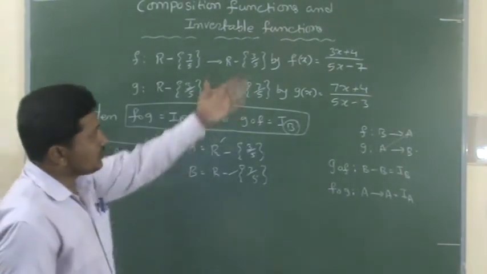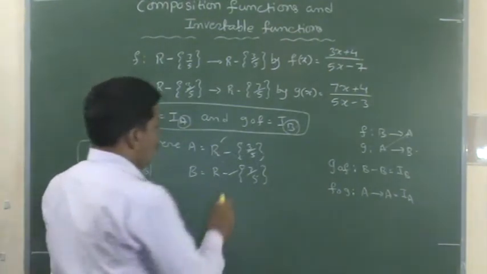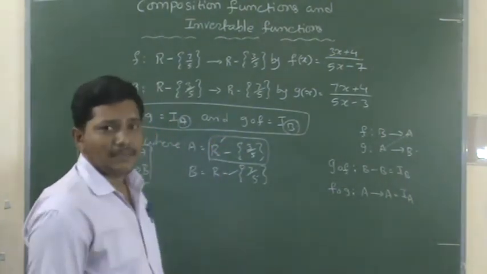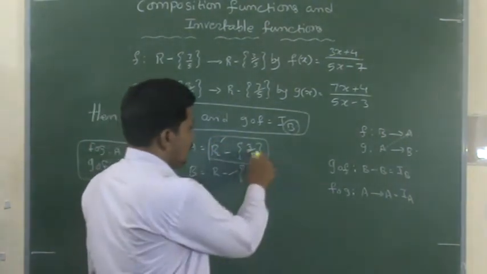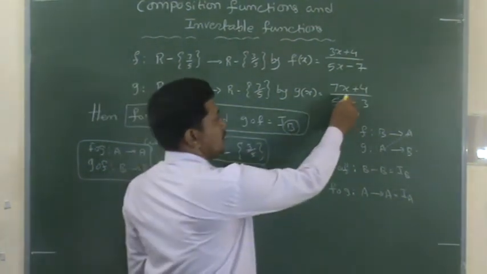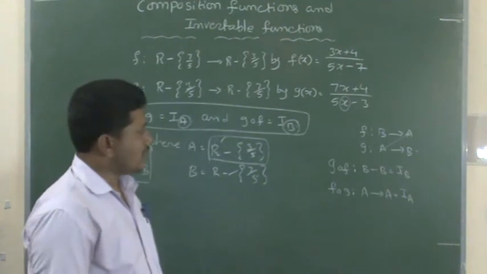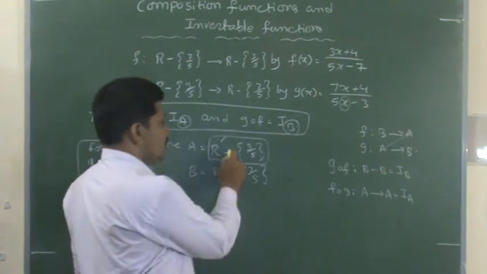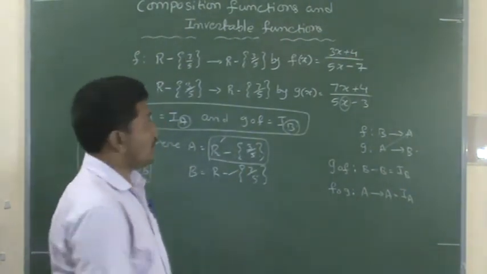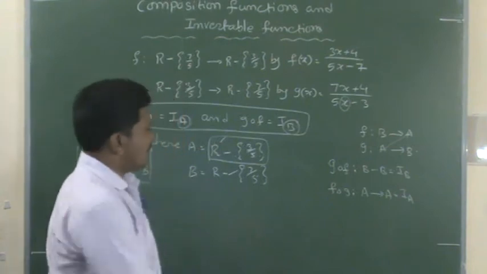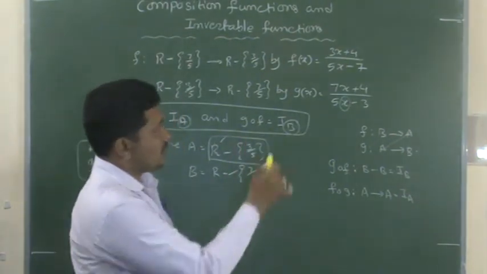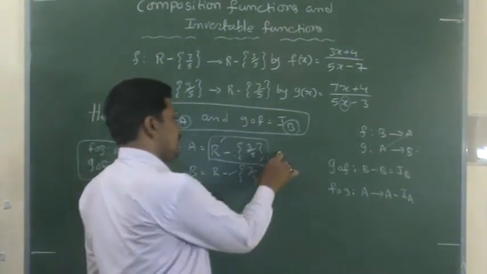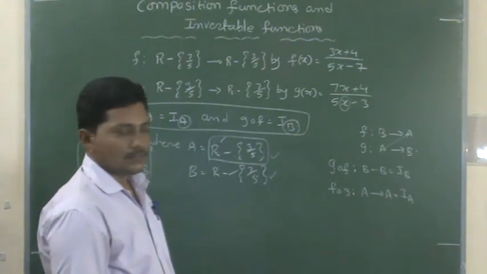And I want to prove by using these definitions. Okay, now what is the meaning for this? R minus 3 by 5. Okay, why? Because it is minus 3 by 5. Here we substitute 3 by 5. What happened? 5 cancels, 3 minus 3 is 0. Right? In the denominator term we get 0. That's why here they subtract 3 by 5. And also in the same manner here 7 by 5. 5 cancels, 7 minus 7 is 0. For that reason here we subtract 7 by 5. Here we subtract 3 by 5. Do you understand? So this is the problem.